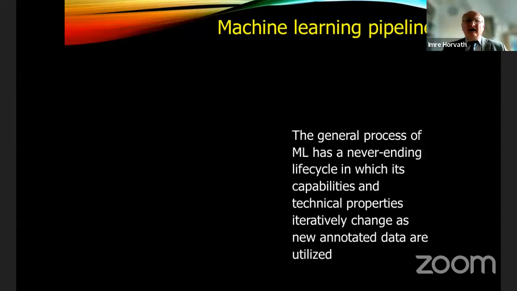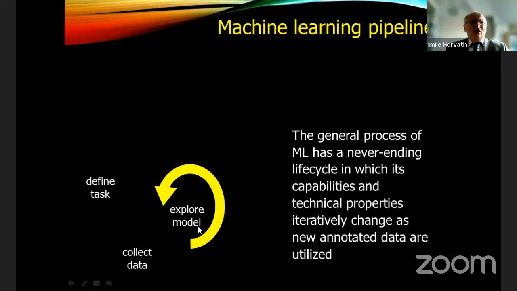The machine learning pipeline is the next thing what I would like to talk about. This is actually a generalization which applies to all kind of machine learning strategies and mechanisms. So this particular machine learning pipeline assumes that the general process of machine learning is a kind of never-ending life cycle in which its capabilities and technical properties are iteratively changed as new annotated data are utilized. So what it means in the practice is that we start out from defining a task and we collect data related to this particular task,